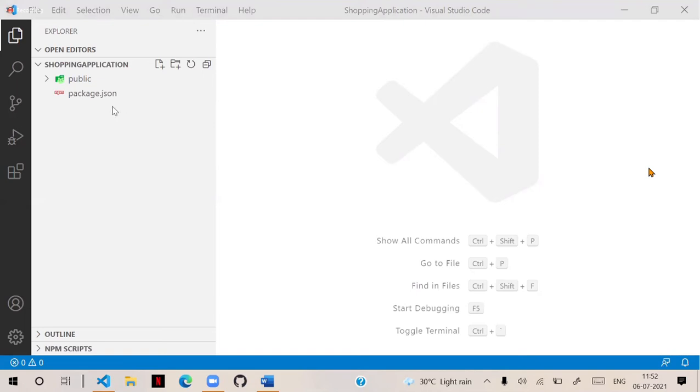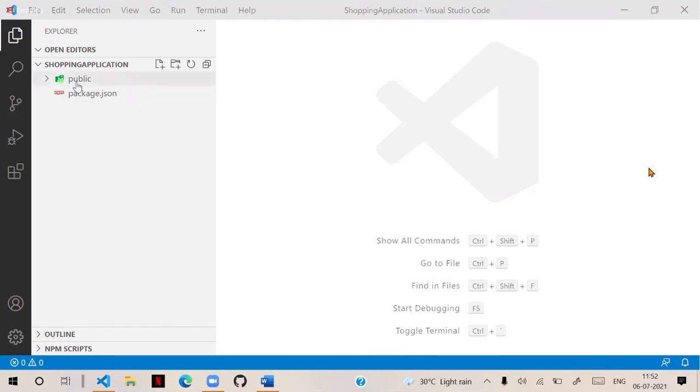What is a static file? What is a dynamic file? I will tell you, we will discuss about them. So first important, you see a public folder I created. I will explain those details now and configure the details.